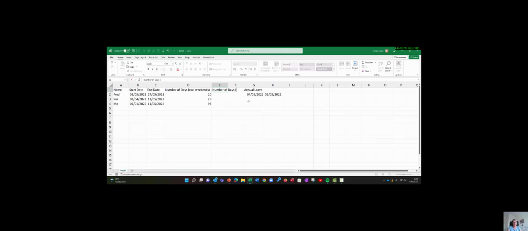And the other thing I can do, let's just factor in a few holidays. So let's unhide this column so you can see. Okay, so imagine in addition to these days, Fred, our employee, had also taken a couple of days leave, so I need to take those leave off. So we're going to change this formula slightly. So let's put in a heading. I do love a heading. So number of working days,